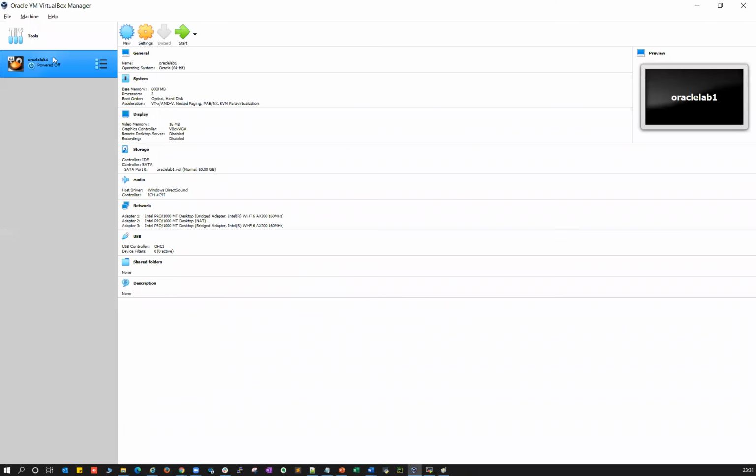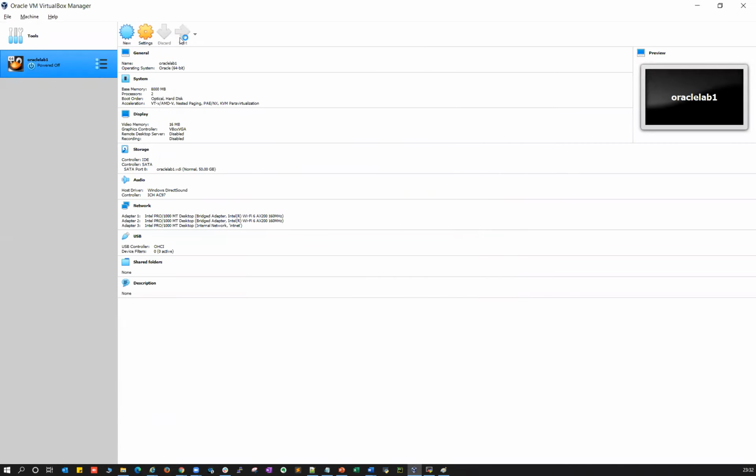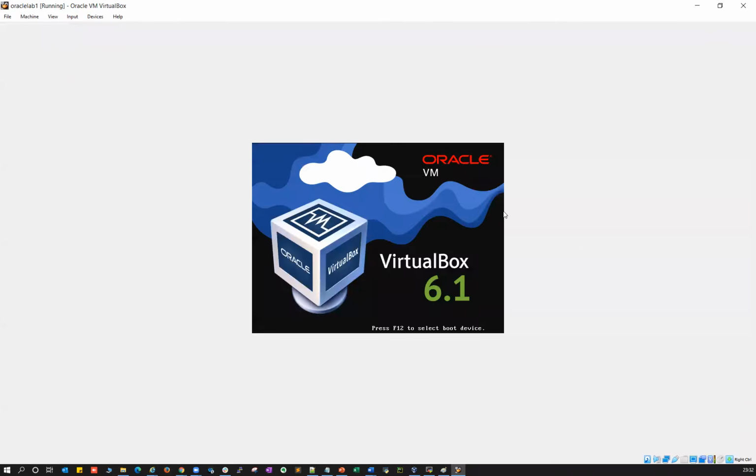We'll go back to my Oracle VM VirtualBox settings. Go to network, make it bridge adapter for adapter 1. Adapter 2 also I'll just make it a bridge. And then adapter 3 I'll make it an internal network, and I'll click OK, because you cannot define it in one shot. So you have to do trial and error, like which settings fit your environment on your lab,